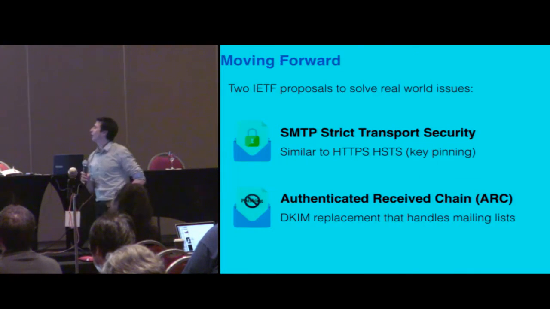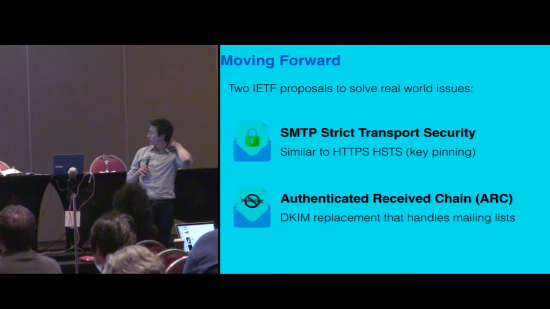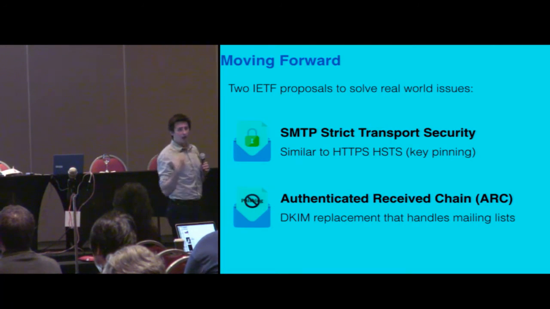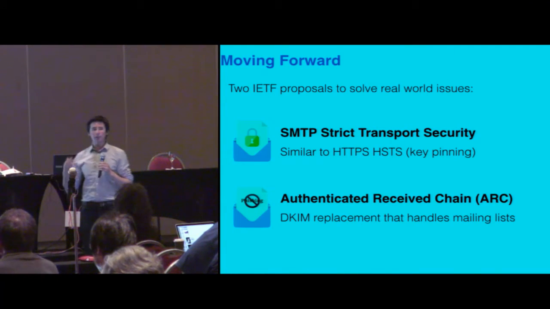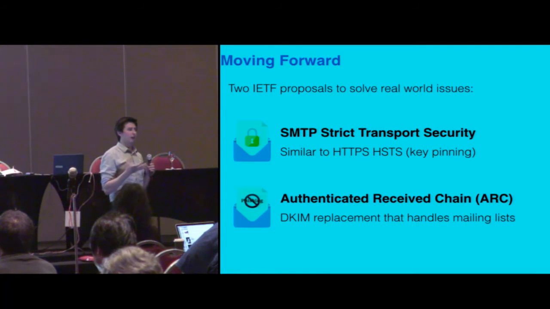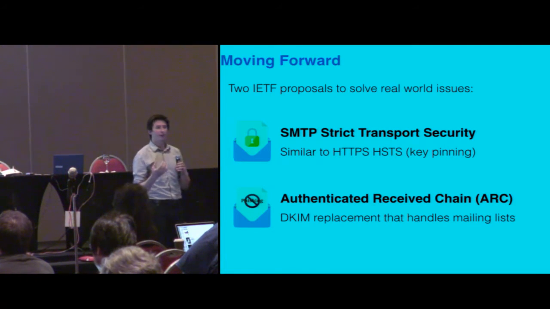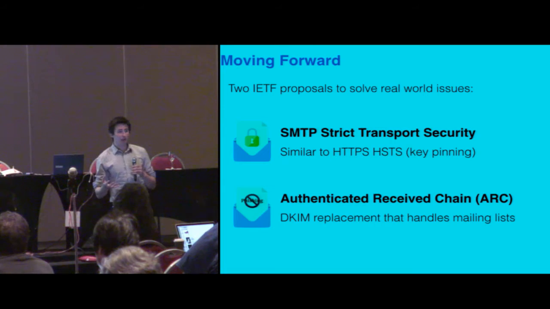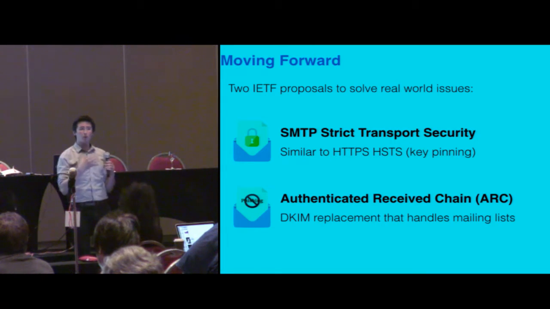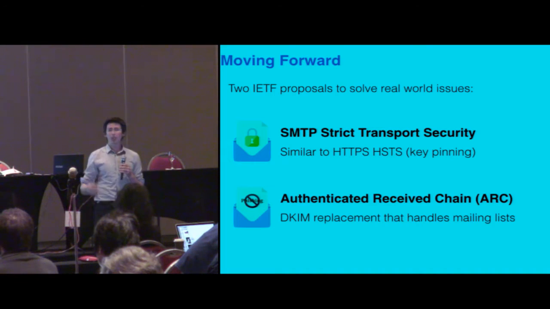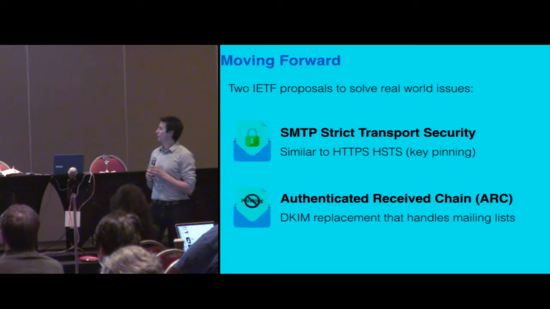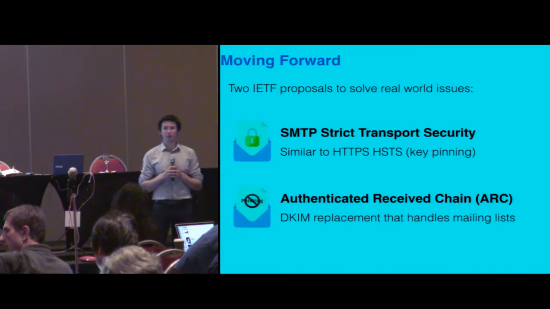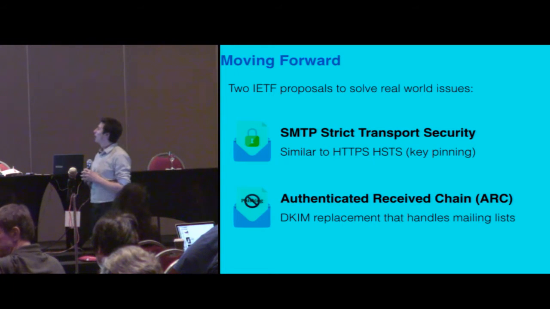Moving forward, there is a draft that is currently in conversation in the application use of TLS working group called Strict Transport Security, which is similar to the idea of key pinning or STS or HSTS in the HTTPS world, that says, let's have some way for an organization to say you should only deliver mail to me over STARTTLS. And if you can't, I want you to report it to me, or I don't want you to deliver that mail at all. And so that's in a fairly early draft right now. But I think we're optimistic. At the meeting yesterday, there was good reception to this idea of we need to provide something further.